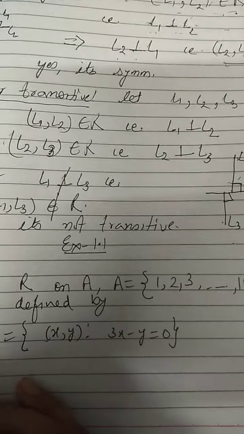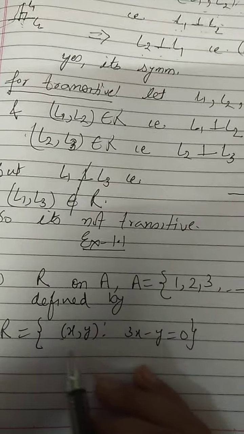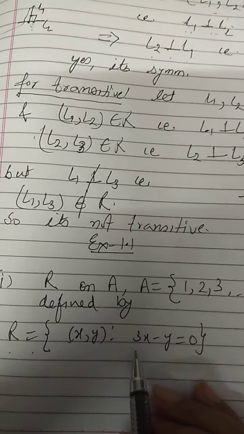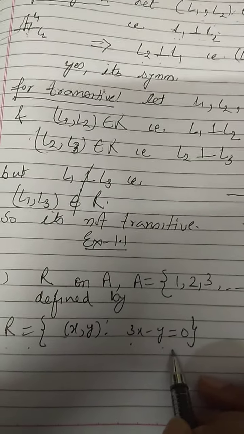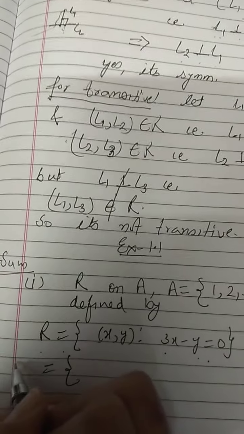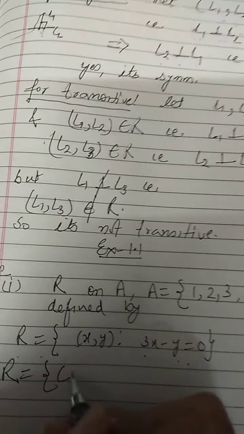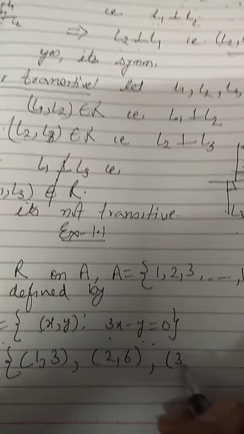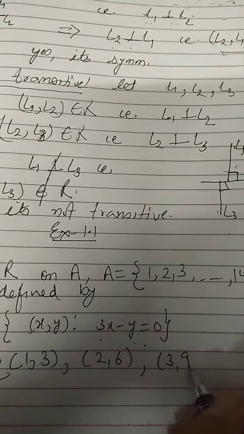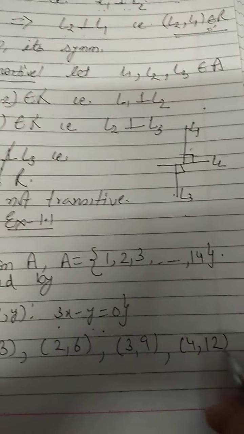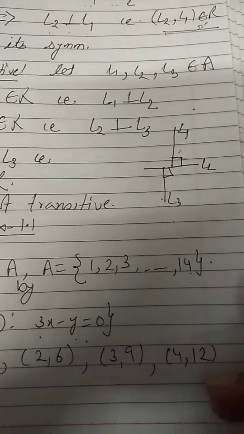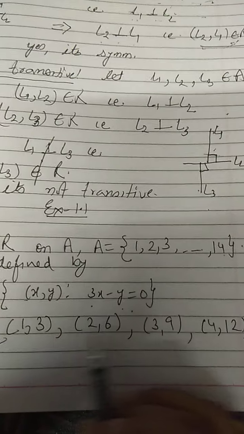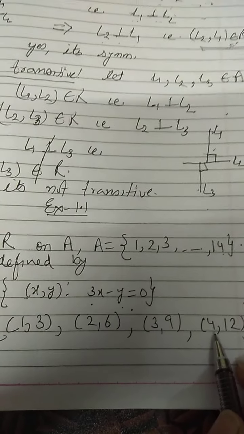Now in the beginning, if you find it difficult to go by this alone, what you can do is write down the given relation, which is in the set builder form, in the roster form also. If I write down the same relation in the roster form, what will I get? When x is 1, y will be 3. When x is 2, y will be 6. When x is 3, y will be 9. When x is 4, it will be 12. And when x is 5, 15, but 15 is not there. So our relation in the roster form will have 4 elements only.